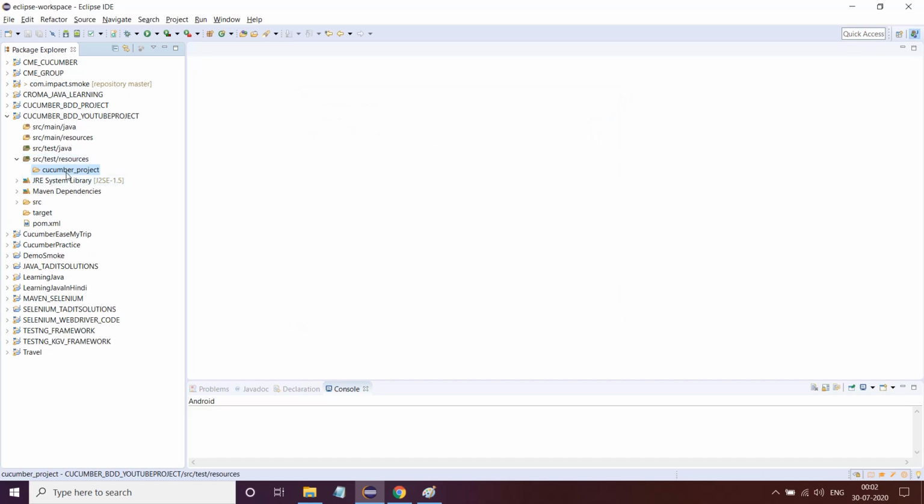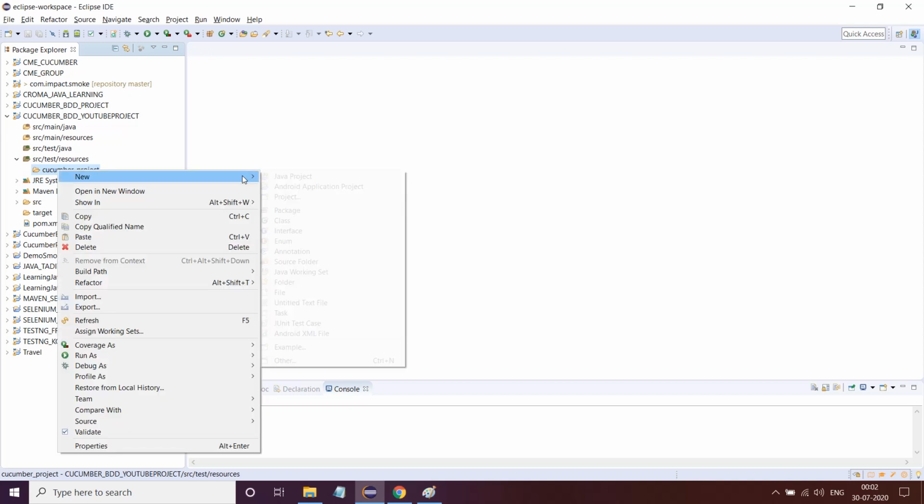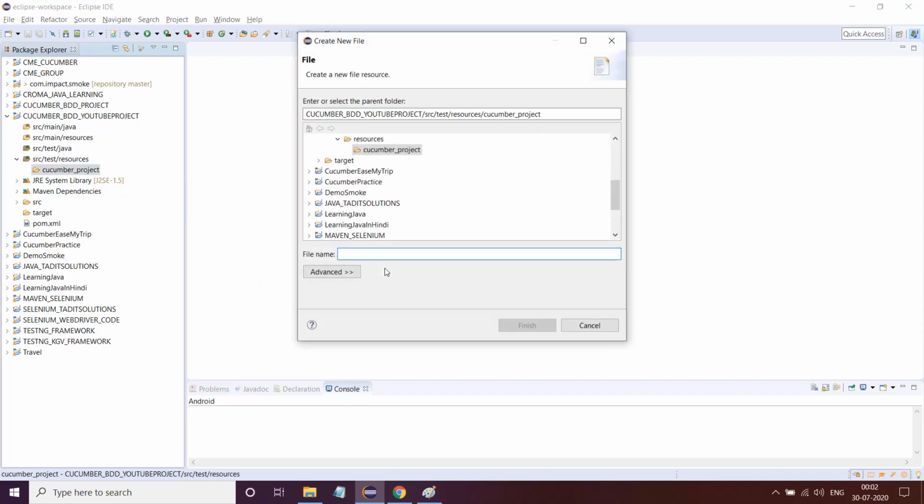Okay. And inside this particular package, cucumber_project, which looks like a folder, I'm going to create a new file. And the name of the file I'll give is mma.feature. Make sure the extension is dot feature. Please do not write features or do any sort of spelling mistake. MMA is something of a naming convention. You can give anything you want. I'll tell you why I'm introducing MMA.feature. Okay. As of now, just follow blindly what I'm doing. Okay. So just click on finish.